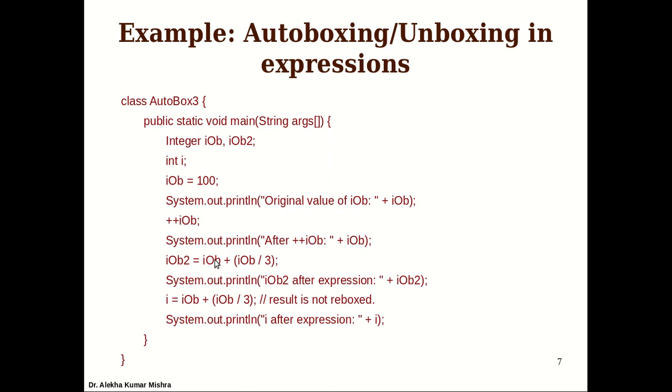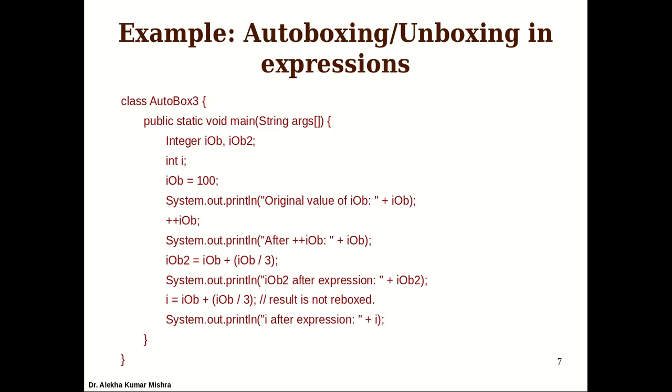Then again we want it back in the Integer wrapper type. So what happens here? This result will be boxed again. Autoboxing will be done to the wrapper object type. This is how it happens. Java takes care of this boxing and unboxing automatically, so developers need not worry about this conversion. They don't have to define a separate method or some mechanism for this transformation.